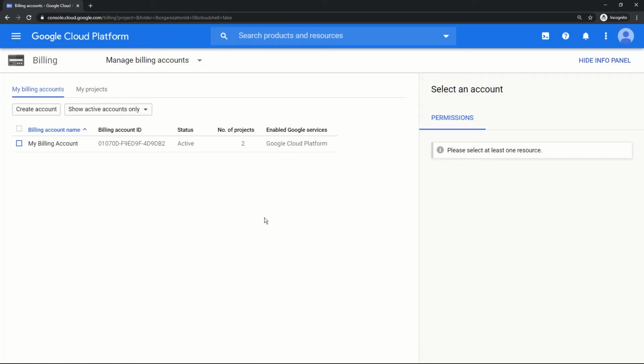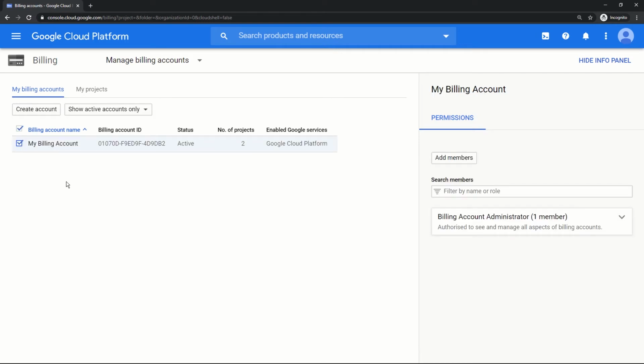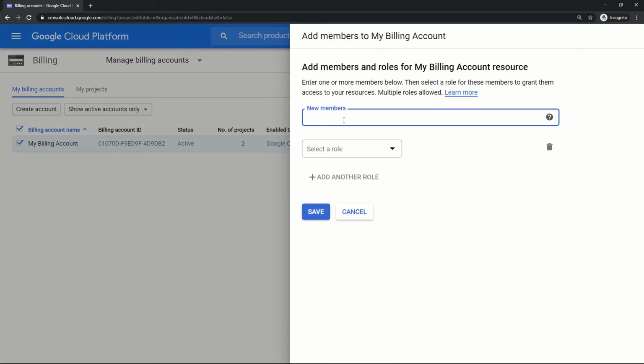Now we will create a user to manage our billing accounts. We have seen we have different kinds of billing roles available in GCP. To do that, you need to select the billing account. That means for each billing account, you can have separate users. Once I click the billing account section here and the permission is enabled, you need to click on add members. Once you click here, it will ask you for the Google account of the new user which you want to add as a billing user.